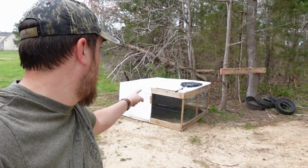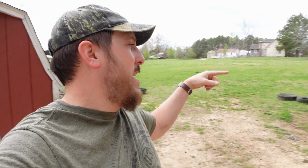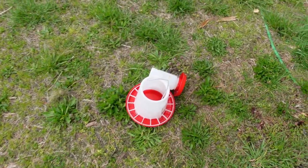Once they get big enough and start feathering out, they're gonna get moved out into the chicken tractor, and they're gonna be out on pasture here. And we're gonna move them around. We'll have a Premier 1 fence, electric netting fence that goes around them to keep them safe from predators. And we'll keep them moved once or twice a day so they have fresh grass, bugs, and all the nutrients out there to free range. All right, let's go get these